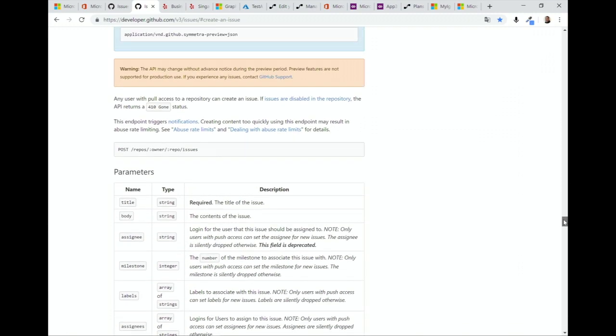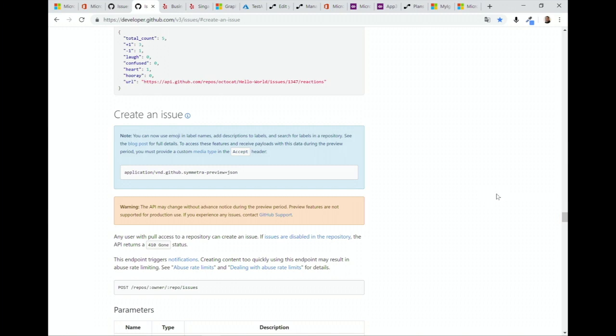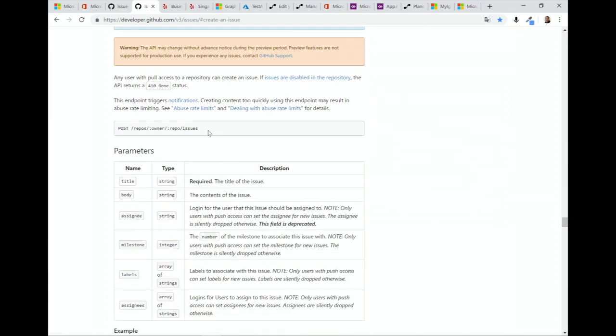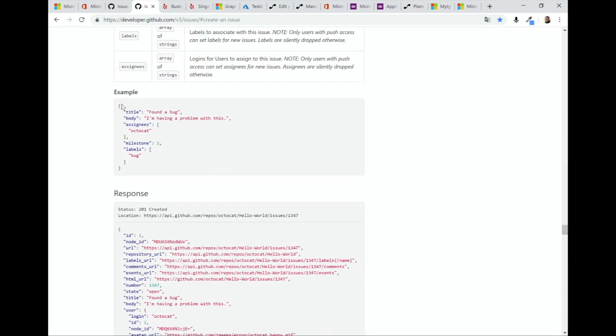And with those APIs, for example, if I want to create an issue, I see in the documentation that it's possible, and I have to use this post command. I have different parameters like this, and this is an example of the command I can use. And this is the response that I will have. Okay, so this is the first step. You need to have the API and documentation if you want to create your custom connectors.